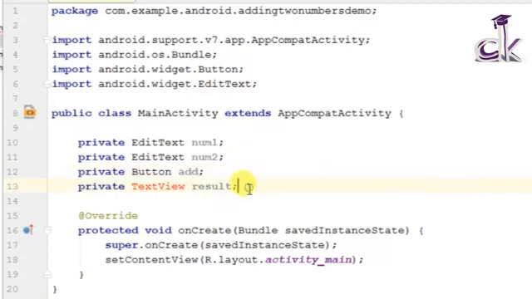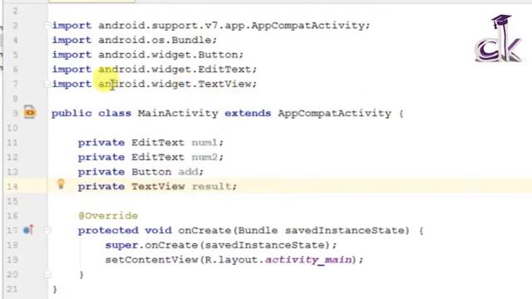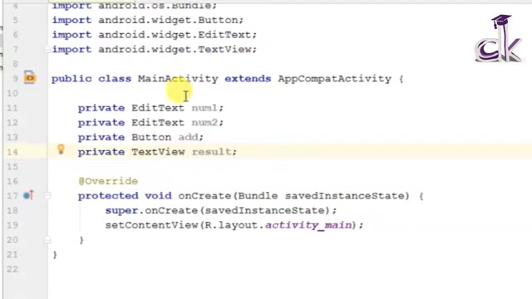So what I'm gonna do is go to the end of the line, and you should have the TextView highlighted with an underline below it, and then you can click on Alt Enter. So if you saw here, the TextView got added by itself. So that's the beauty of Android Studio. It makes it so easy to code.